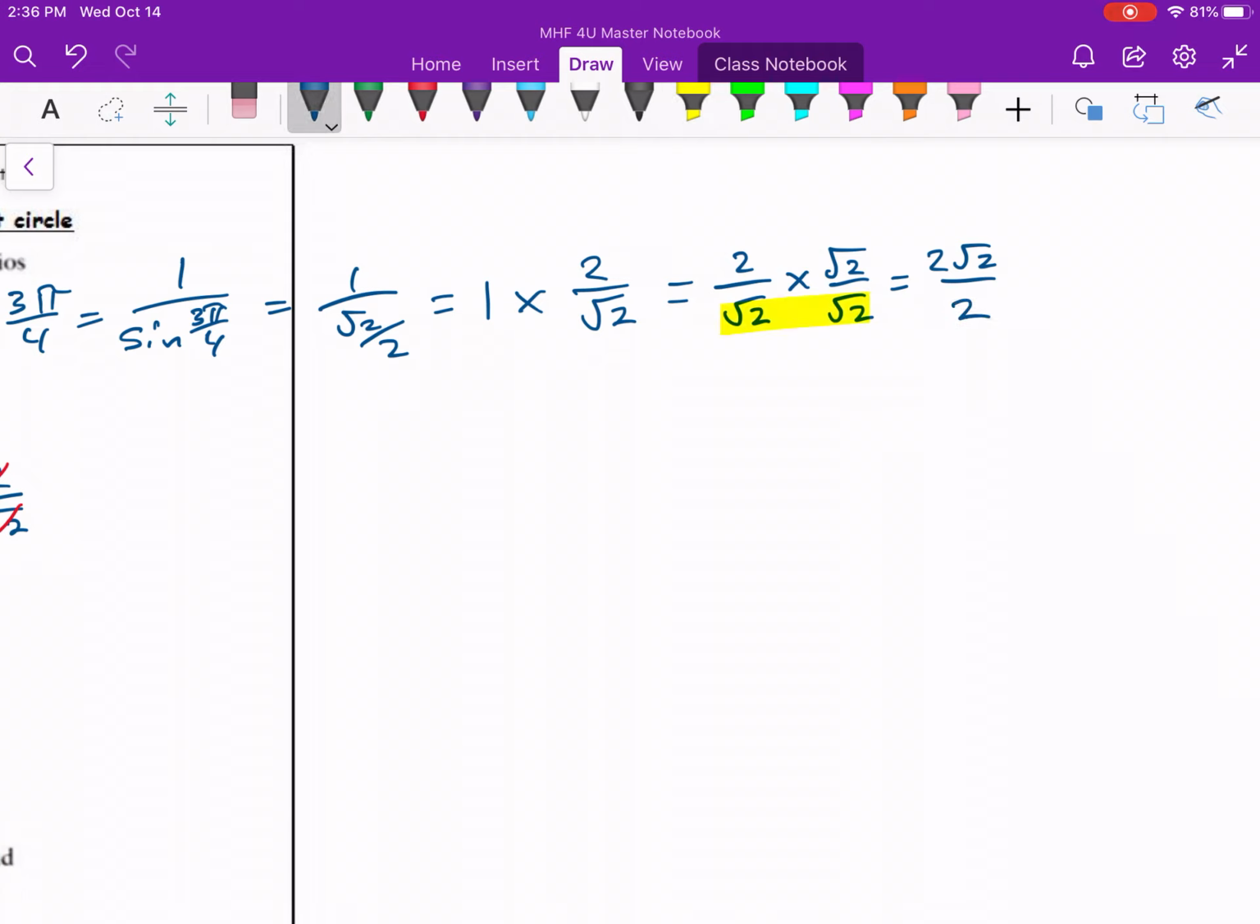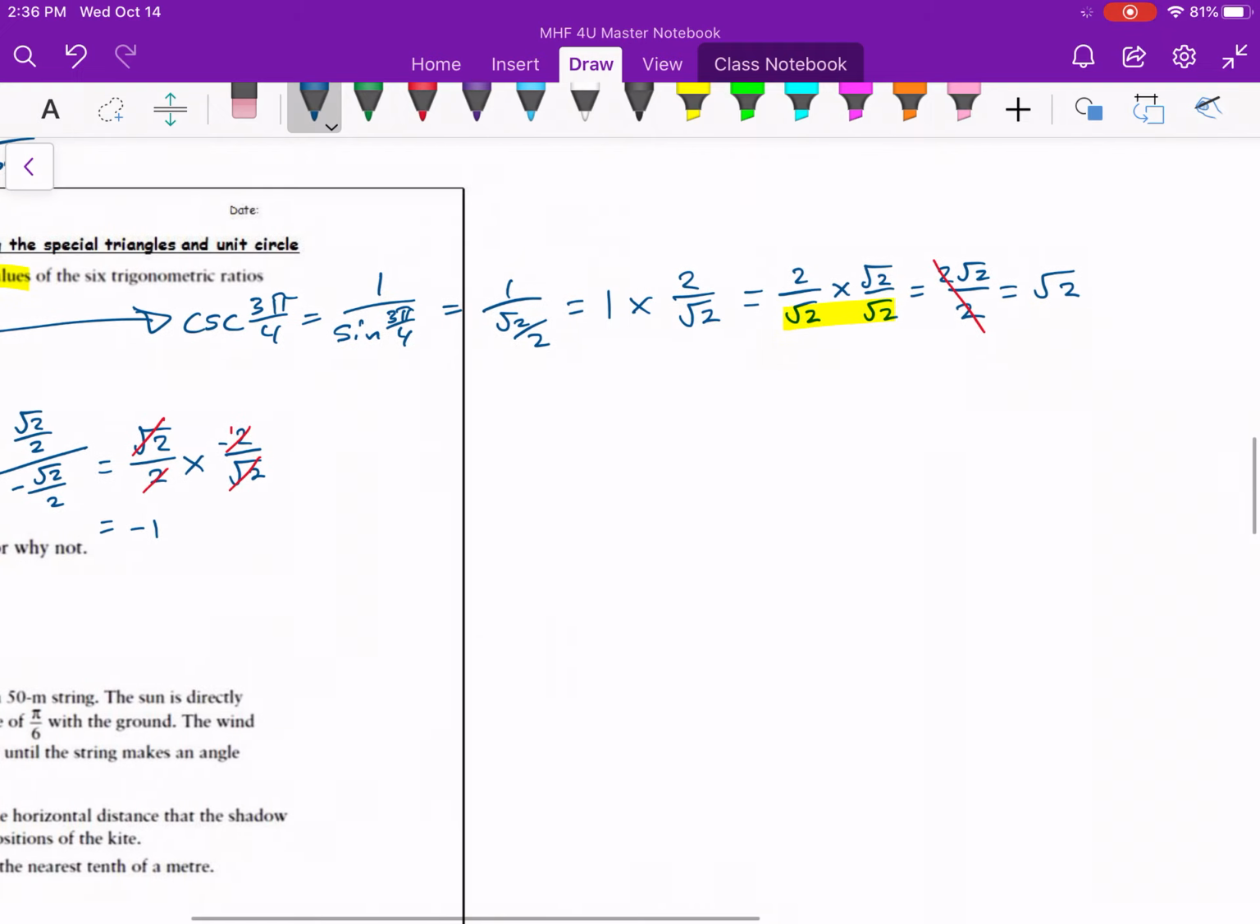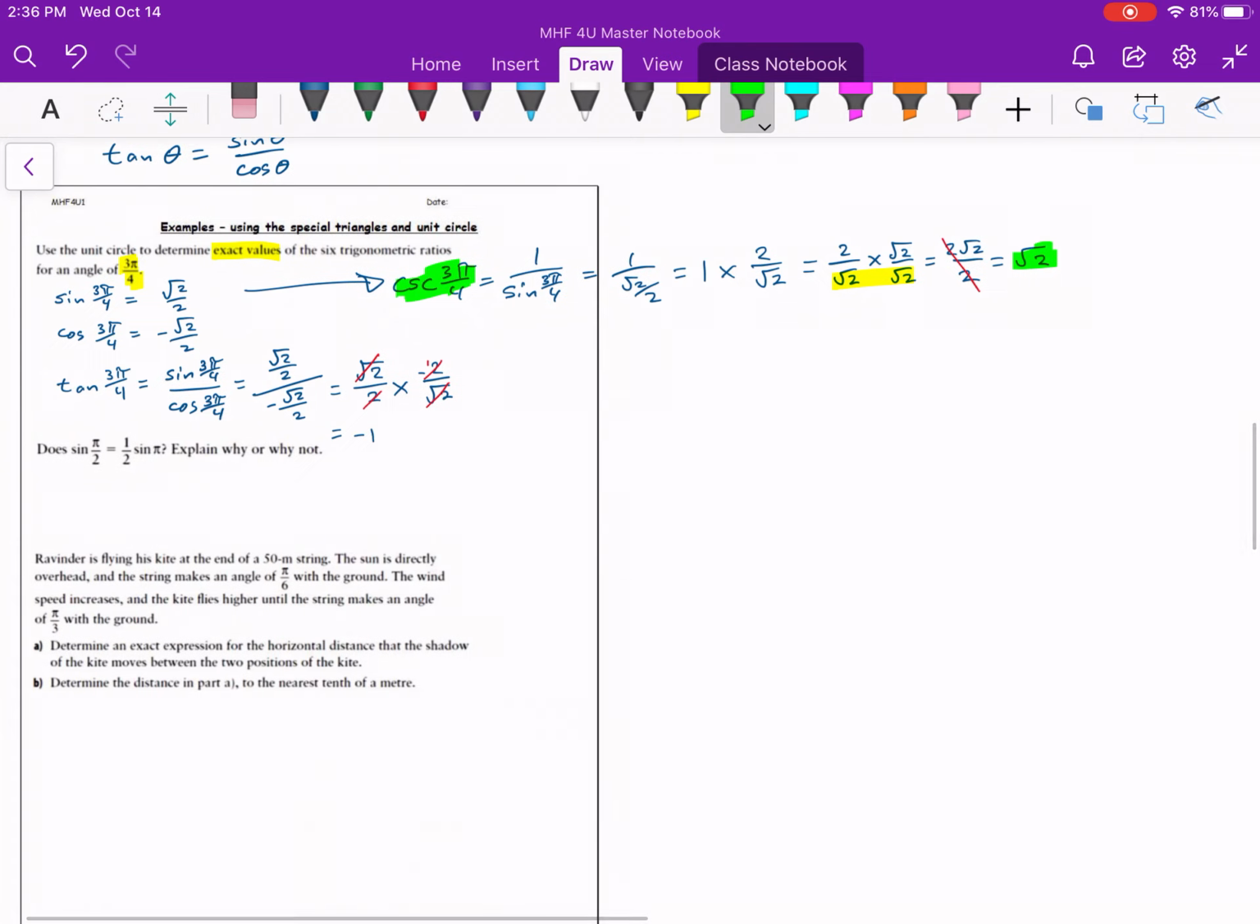And then I can simplify this a bit. I know there's many steps, but my final answer I'm going to get is just root 2. So, cosecant started with this, ended over here as root 2. Maybe to save a little time, since